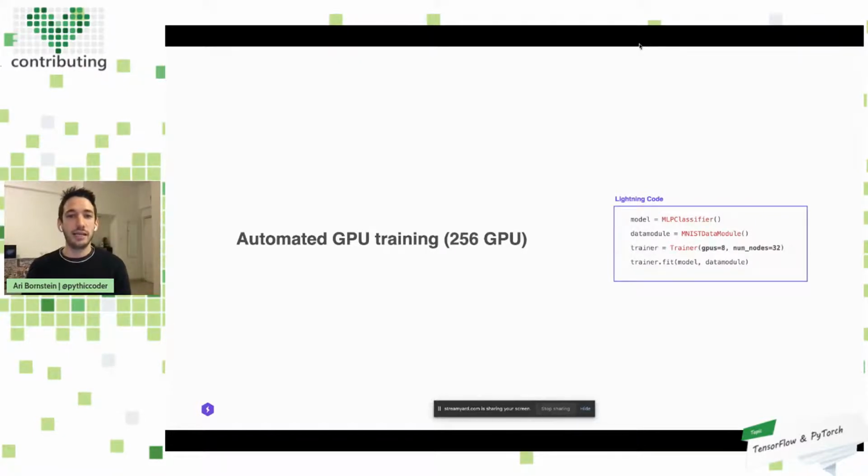Additionally, imagine I want to take this to the next level and train that model on 256 GPUs. Traditionally, this is really hard. Not only do I have to manage one GPU and all the different processes on one GPU, but then I need local ranks and global ranks. With PyTorch Lightning, it's as simple as GPUs equals 8, num nodes equals 32, and now my model, without changing a single line of my training code, is scaling to 256 GPUs.